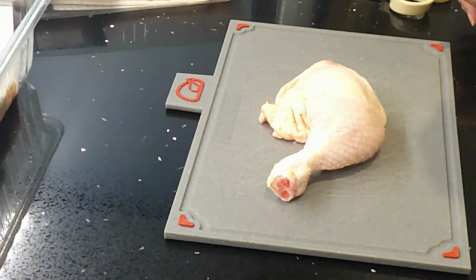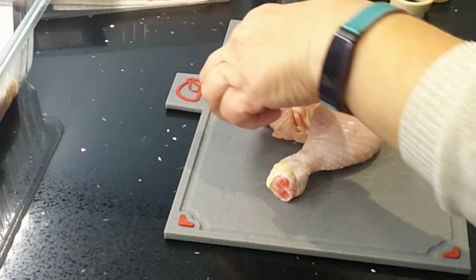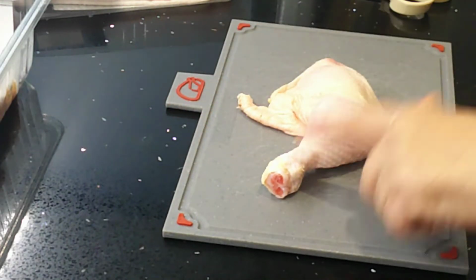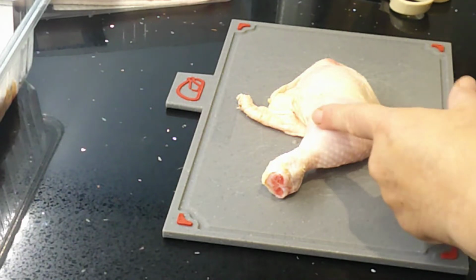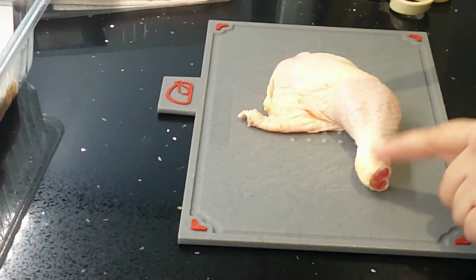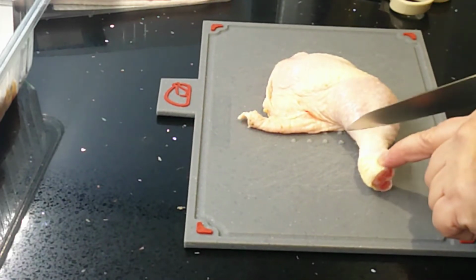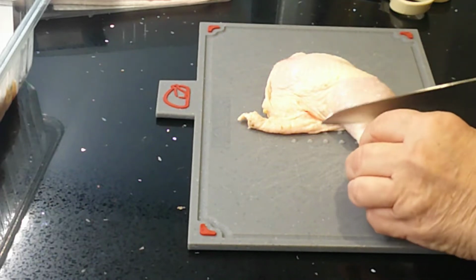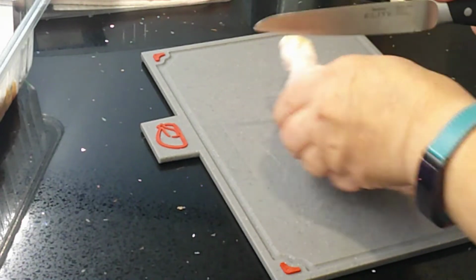To prepare your chicken for the ballotine of chicken, you need to have whole chicken legs. So we need the drumstick and the thigh, and we're going to start with the drumstick end first. When this is finished, we should be able to see part of the drumstick. About 4 centimetres from the end of your chicken drumstick, you need to get a sharp knife and cut